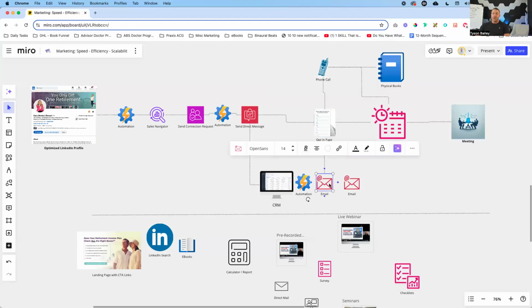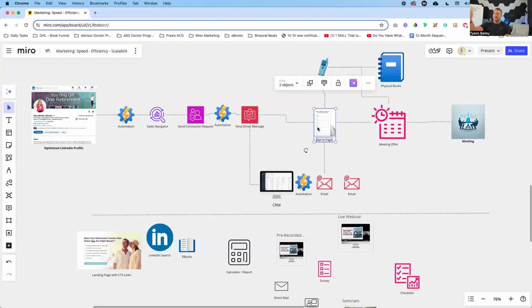So we're going to reiterate that offer, that book offer that we give them on LinkedIn. Now, in the second message, one of the things that you can do if they have not requested that book, and there are different workflows and triggers, we're not going to get into this in this particular training, but if they have not